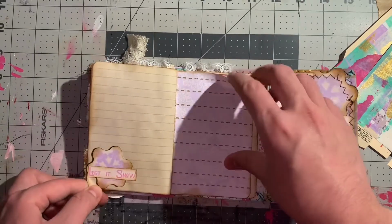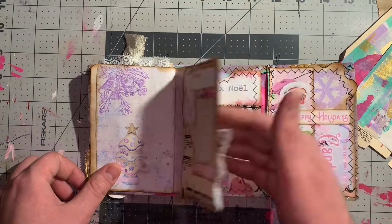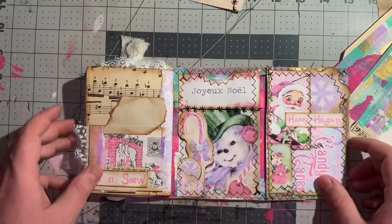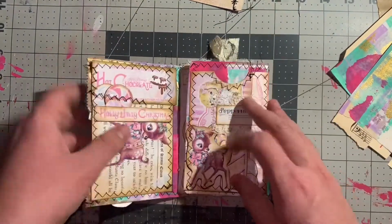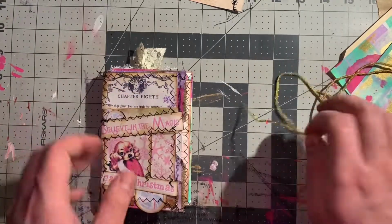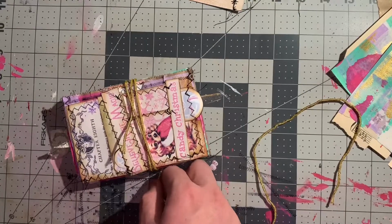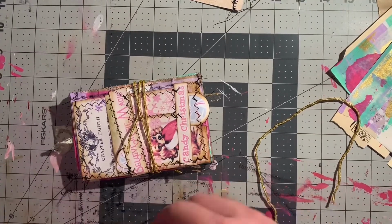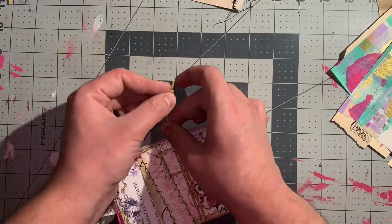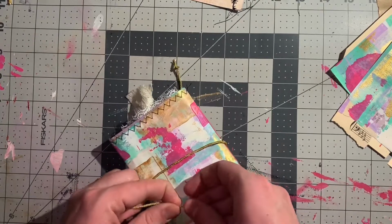I had a lot of fun making this, and it's so weird because usually I don't do the cute stuff, but this was definitely really fun. So I'm going to make another closure here and cut it off. Anyway, like I said, guys, links down below for the supplies or the printables that you saw here,